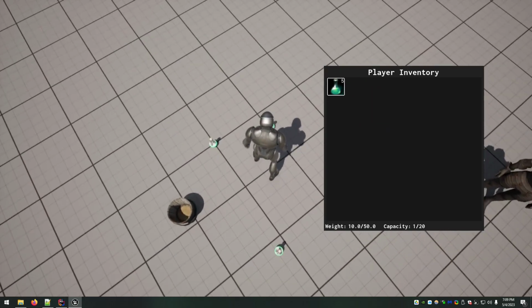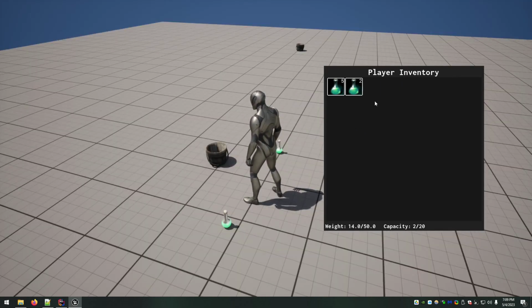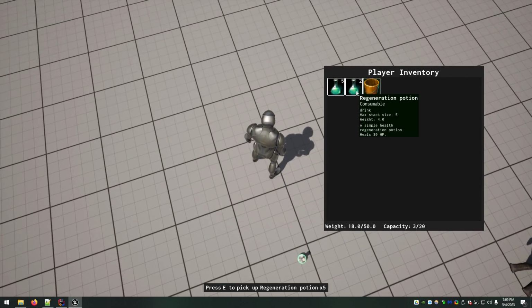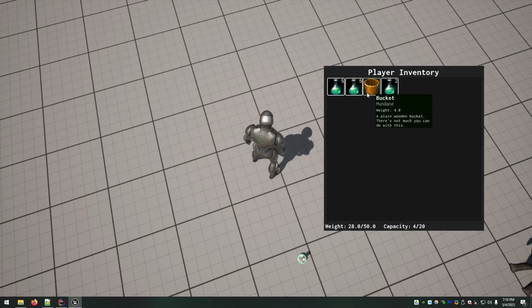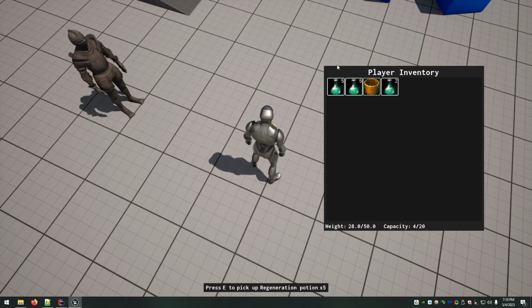And if you go back and pick them back up, one thing you'll notice is because it's an array, it's going to add in order. So if I now pick up a bucket and then pick up a potion, what we should see is a full stack and then 2 remaining again. That's because of our while loop that goes through and says, okay, yes, this is 1, but it's the full stack. Here's a partial stack, add. This item ID does not match, skip. And then there were no more partial stacks at that point, so it added the remaining amount to distribute here as a new stack.